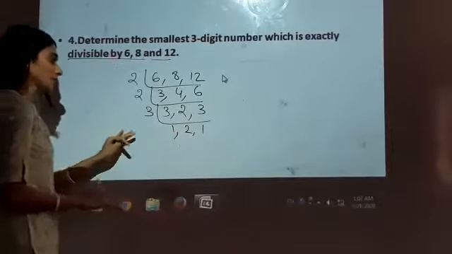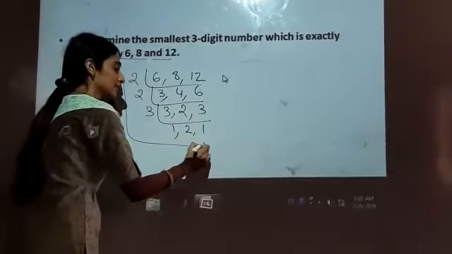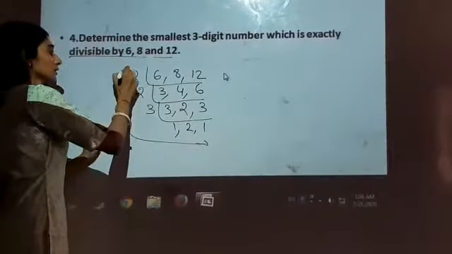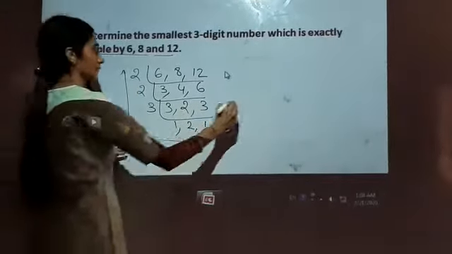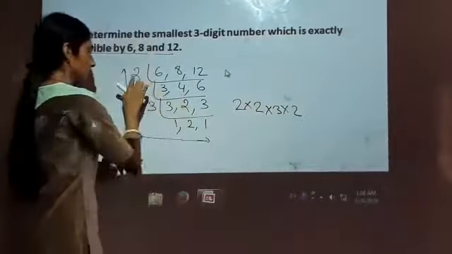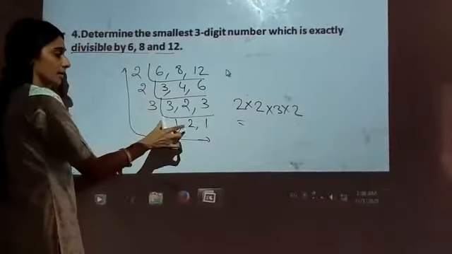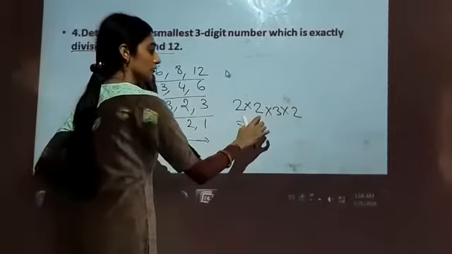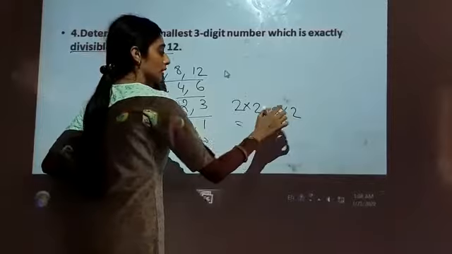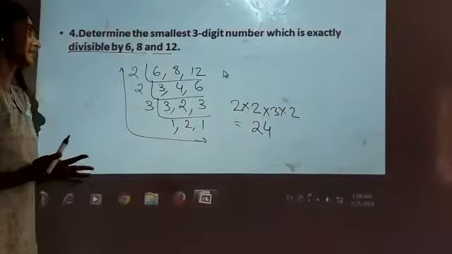Okay. Now in L shape, because this is not divisible by any common number, here is your answer. The LCM is 2 multiplied by 2 multiplied by 3 multiplied by 2, the product of the divisors and the undivided number. So 2 2s are 4, 4 3s are 12, 12 2s are 24. This is the LCM. Now what is the next step?